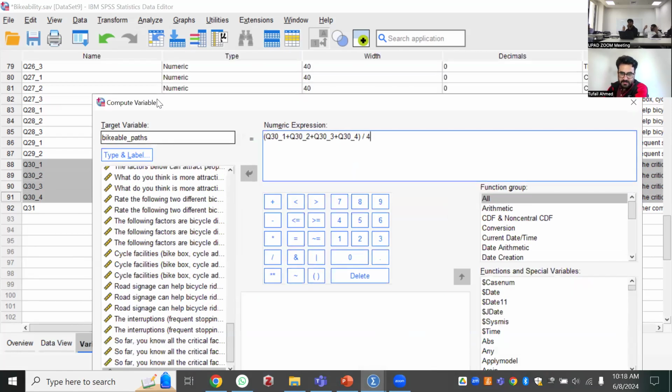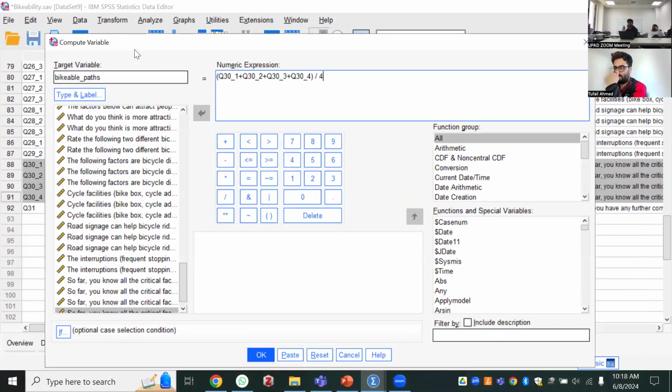Do you now understand what he is doing, by the way? So Fab, just 1 second. There were 4 questions in the questionnaire related to the comfort of the bicycle path, the width of the bicycle path, or something like this. But now we want to add all of these questions, and we want an average of these 4 questions. We are making a new variable in the data, if somebody is ranking a particular element of the bicycle path.